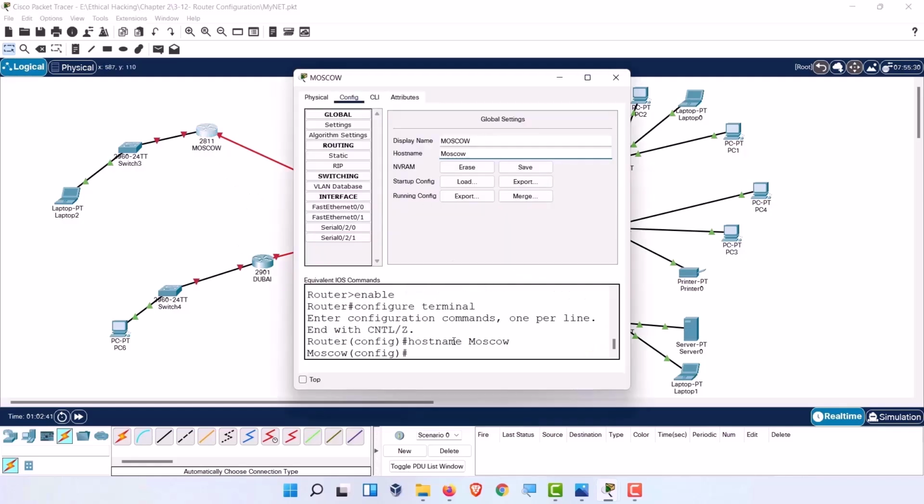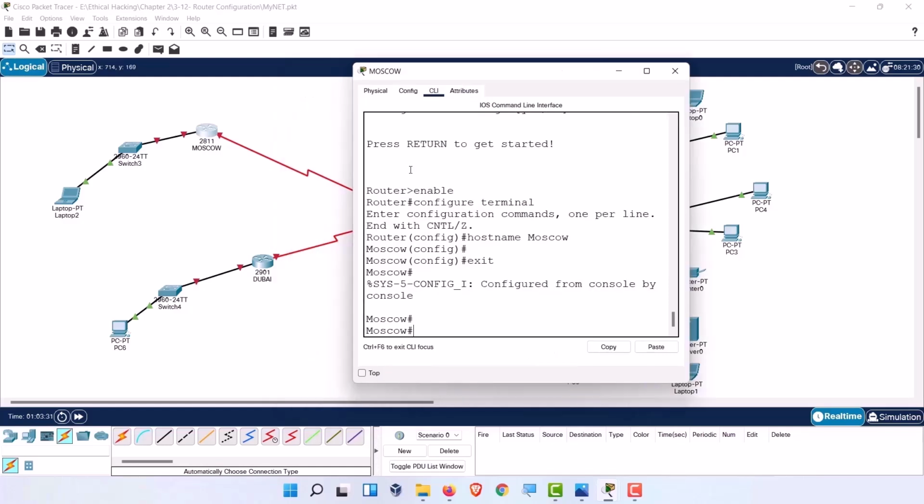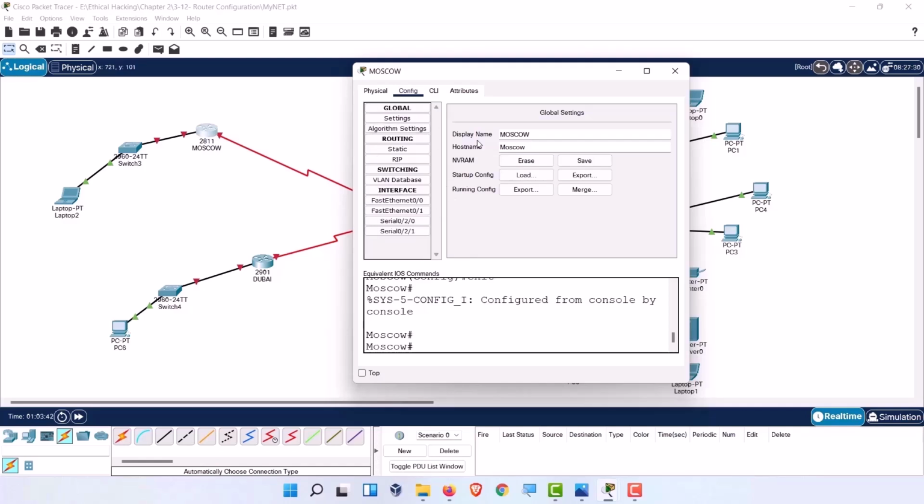As you can see, the host name is changed to Moscow. Exit. Let me go to CLI. What I will do is I will assign IP addresses to these routers' Fast Ethernet, that is local LAN, as well as serial interface from this configuration tab. As you can see over here, we have a lot of options. So let me go to Fast Ethernet